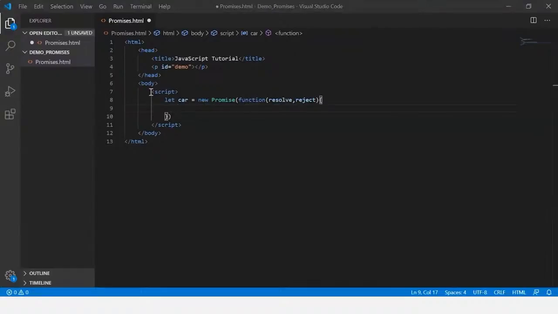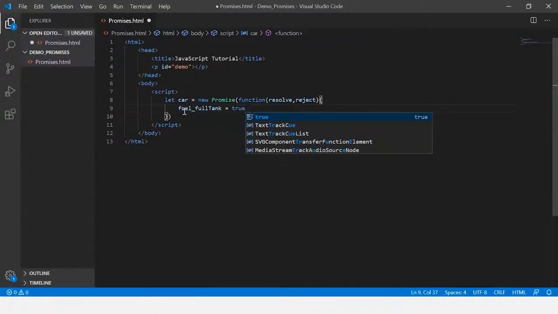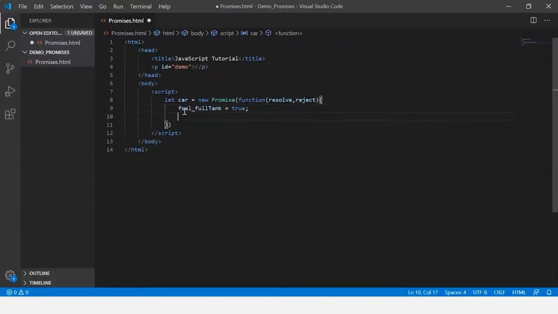Now let's assume that we're checking the car for its fuel. So we'll create a variable called fuel underscore full tank. Now let's set the variable to true. This indicates that the fuel tank is full. So now if the fuel tank is full,